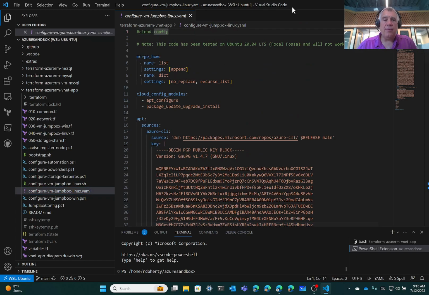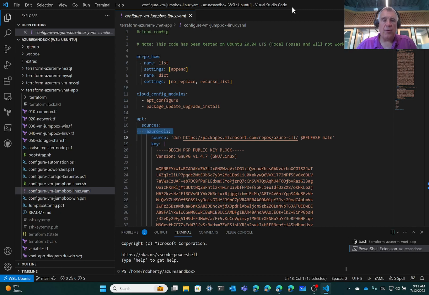Okay, so this is a cloud config, and this is all YAML syntax specific to cloud init. And we're basically setting up how we're going to install software, okay, using apt. So here I'm going to say that we're going to use apt to install packages, and then I include my apt configuration. With my apt configuration, this is where I'm going to define which packages I want to install on my